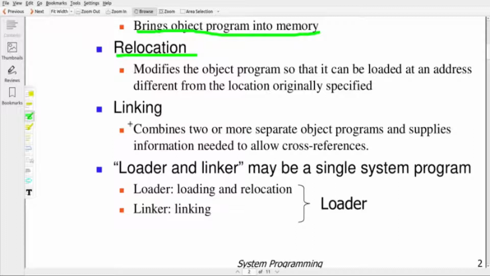So the loader does loading and relocation, and the linker does linking. We can say that the loader will load and perform the relocation, and a linker will perform the linking. These two operations, loading and linking together, are available in all basic loaders, modern loaders.